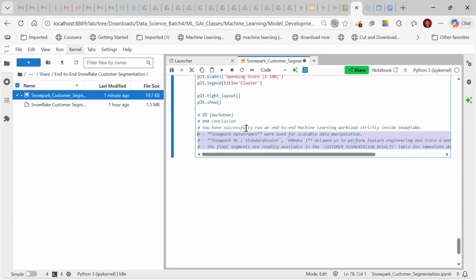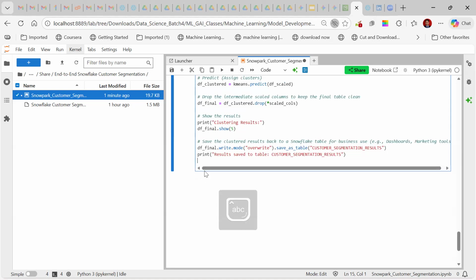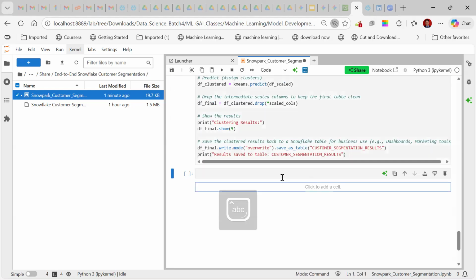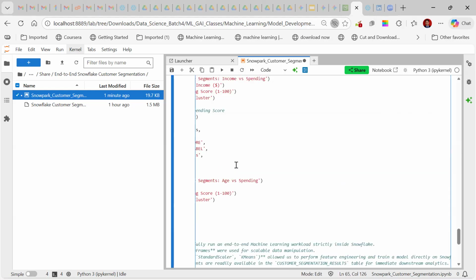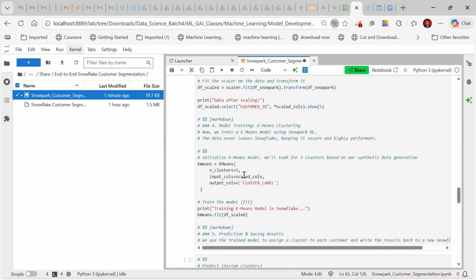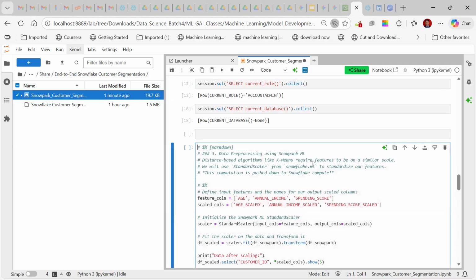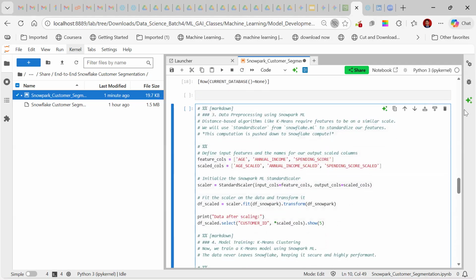Finally you have to show how the clusters got created. So that part is nothing but this one. Whatever clusters you created, we will show in the visualization also. Let us try to run this particular code.